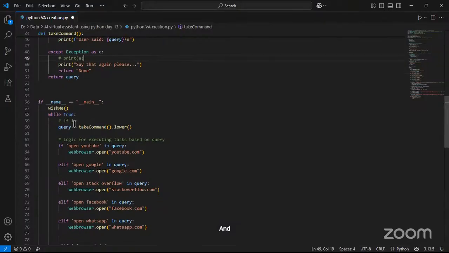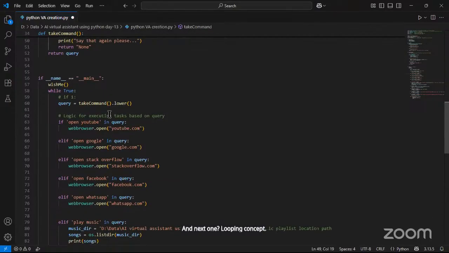And next, the looping concept. I have to give a command using exactly these words. To open the YouTube page, I say my query is "open YouTube."